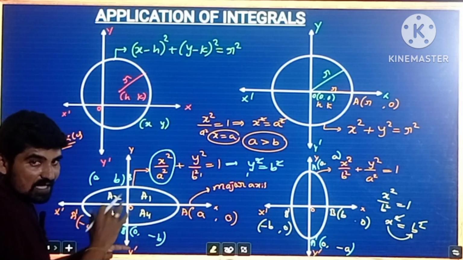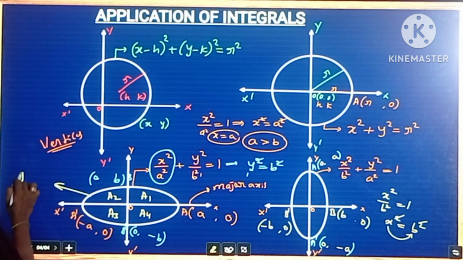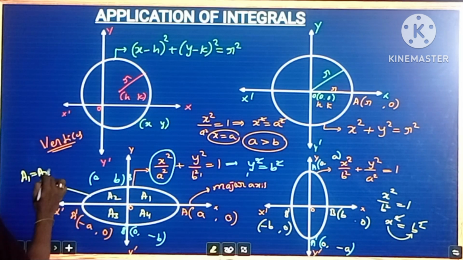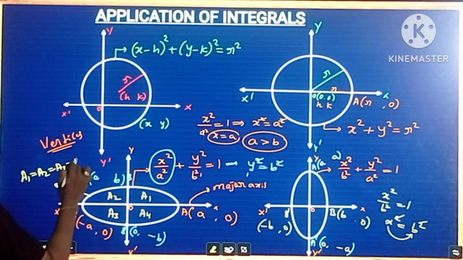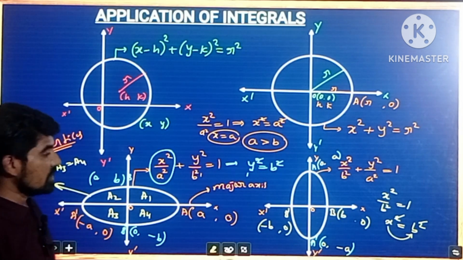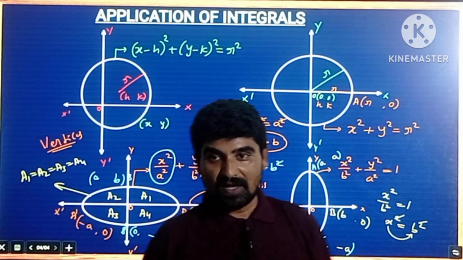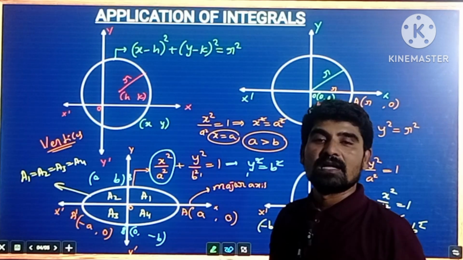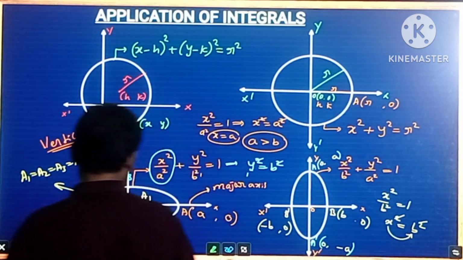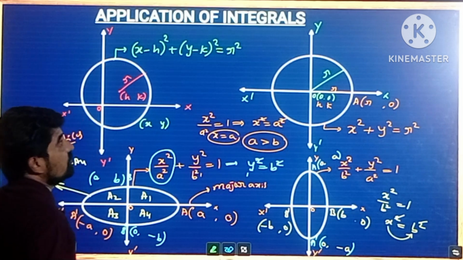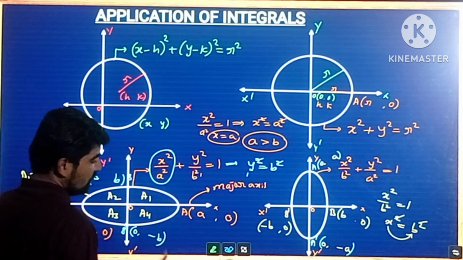Ellipse is also a symmetrical figure. Therefore, A1 is equal to A2 is equal to A3 is equal to A4. Similarly for the vertical ellipse also. I hope all of you are understanding. Let's see the concept of parabolas, because we need the equation of parabolas also to solve the problems on application